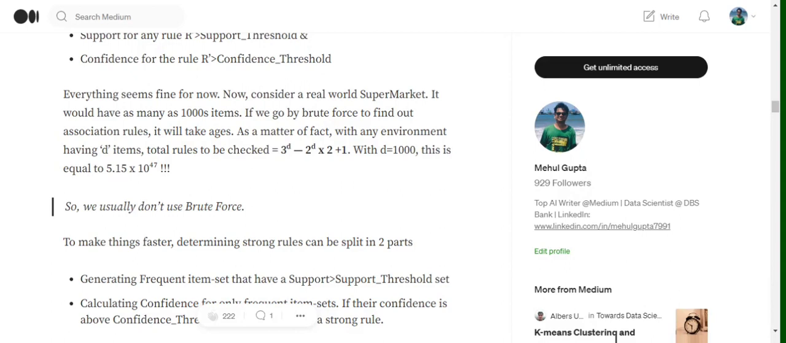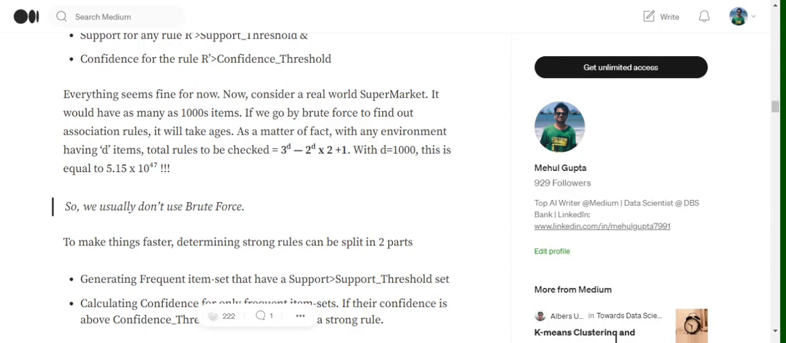Now, if you think about this number, it is a very, very big number, and what we're talking about is calculating support and confidence for each of the possible combinations, and the total number of possible combinations is this. So hence, this is very computationally heavy and not viable either. So